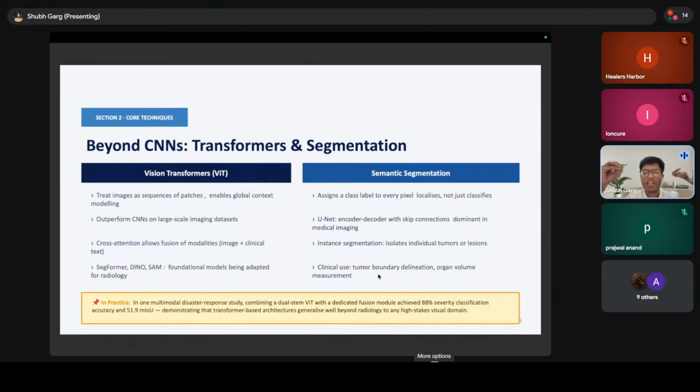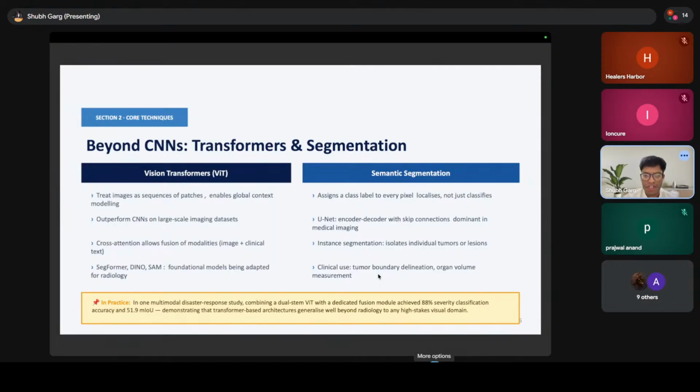Now, segmentation deserves particular attention because it is fundamentally different from classification. Classification says this image contains a tumor. Segmentation says this tumor occupies exactly these pixels. That distinction matters enormously clinically. Tumor boundary delineation is required for surgical planning and radiotherapy targeting. U-Net, with its encoder-decoder architecture and skip connections, has been a dominant segmentation architecture in medicine for years